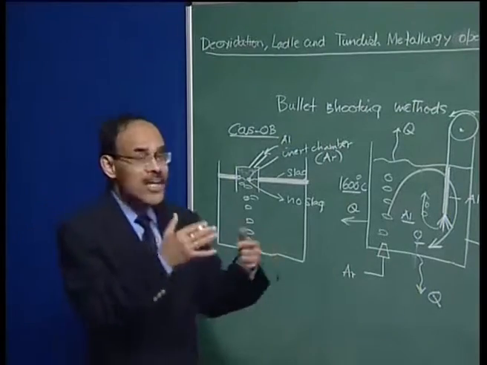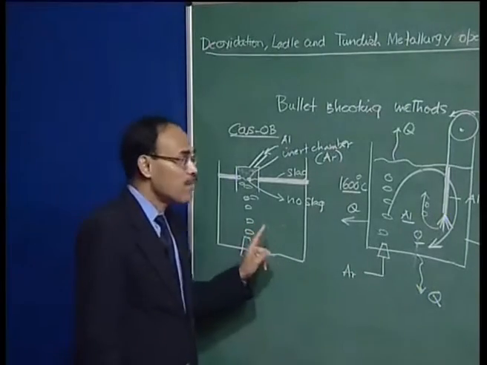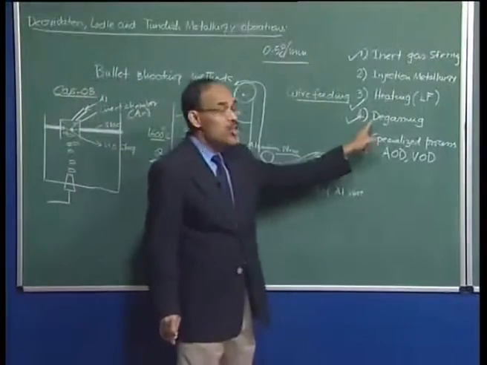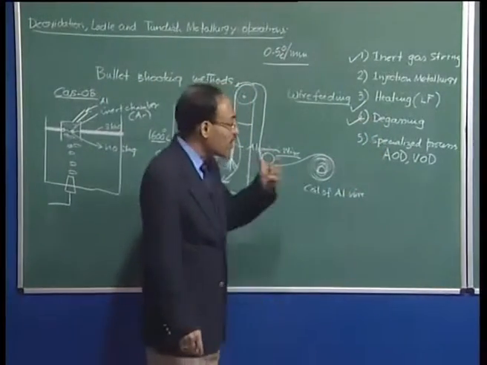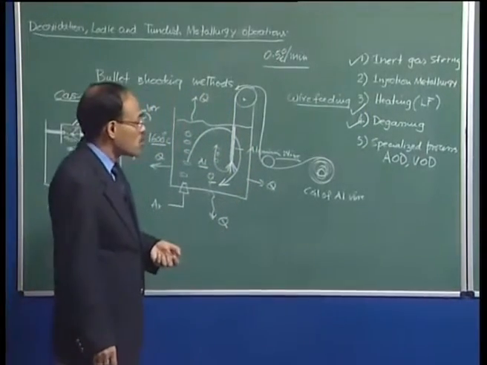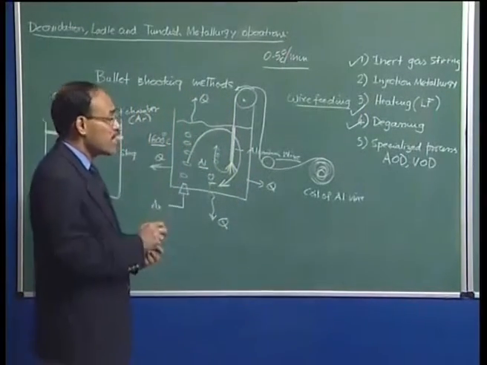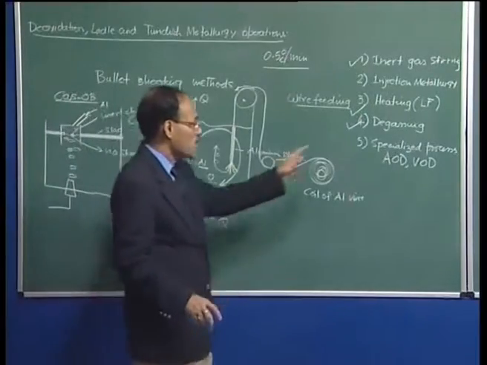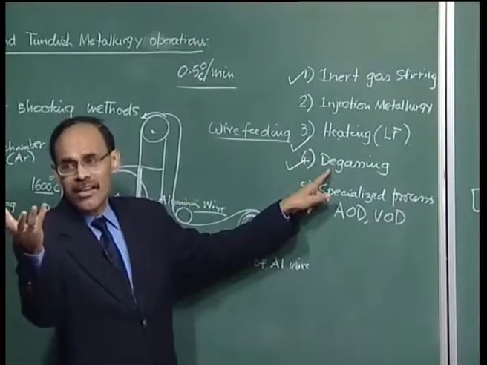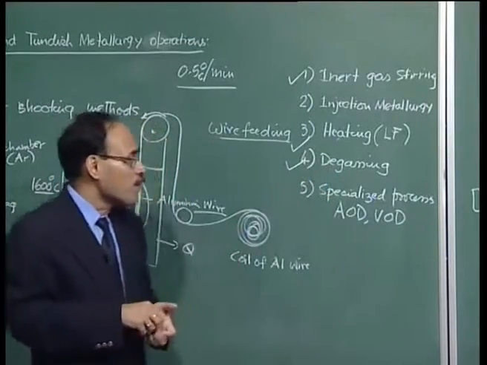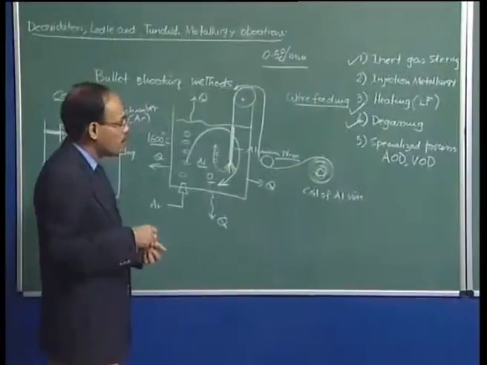So, nitrogen and hydrogen which are there in the steel can be driven out by degassing, and as I will show later on, degassing is most effective under vacuum or under reduced pressure condition. So, to produce quality steel that does not contain much dissolved gases, oxygen we have removed by deoxidation, and whatever little nitrogen and hydrogen are there in the melt can be removed by the vacuum treatment of steel.